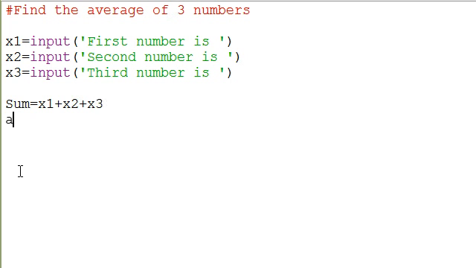And then of course we want to find their average. And so that's going to be the sum of those numbers divided by 3. And then we'll print that out. And we'll just label the sum is equal to, alright, and I'm going to use a comma here. Instead of, in the previous video we did a plus and then turned our number back into a string. And in this case we're just going to,